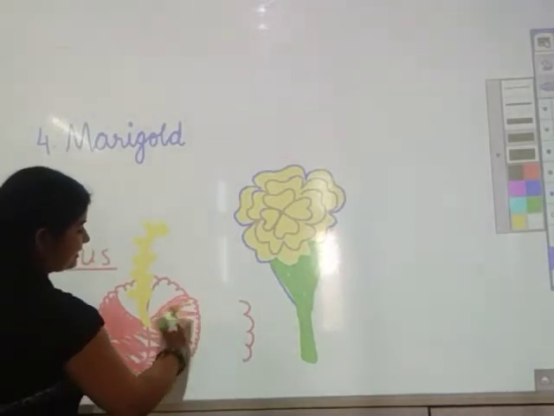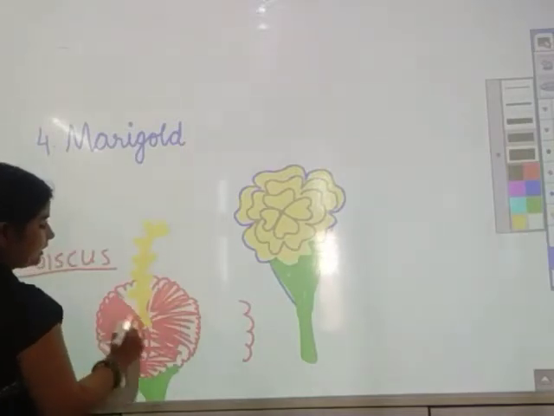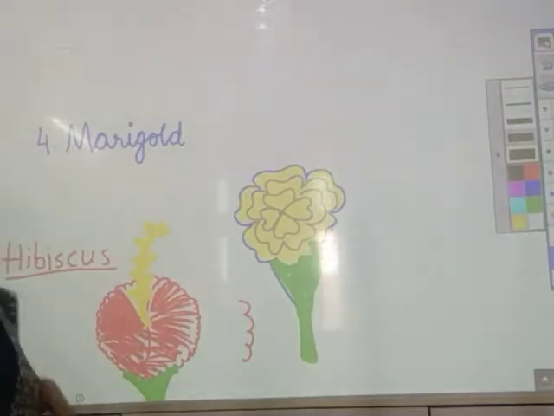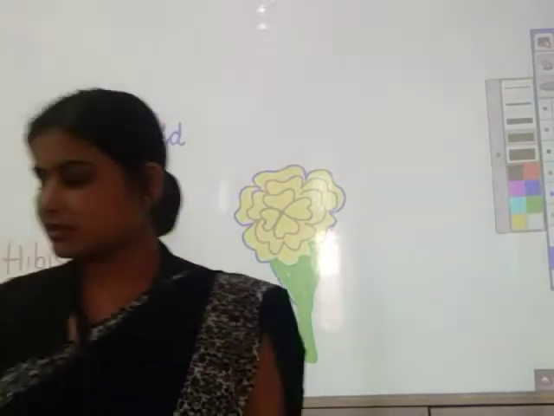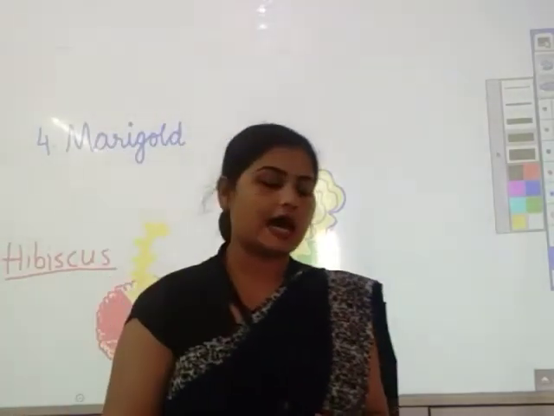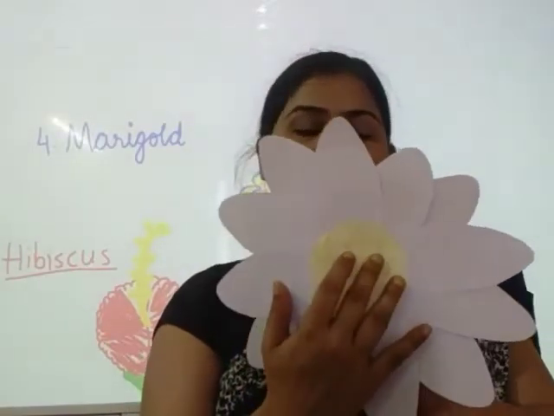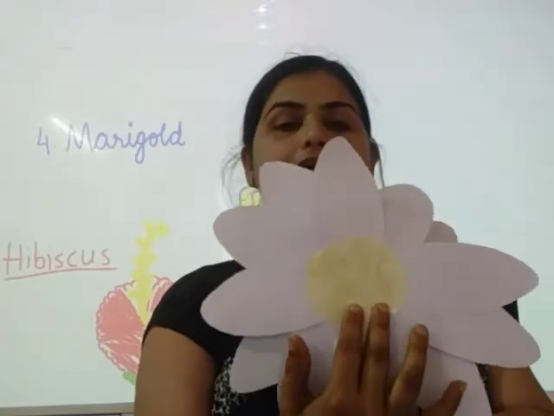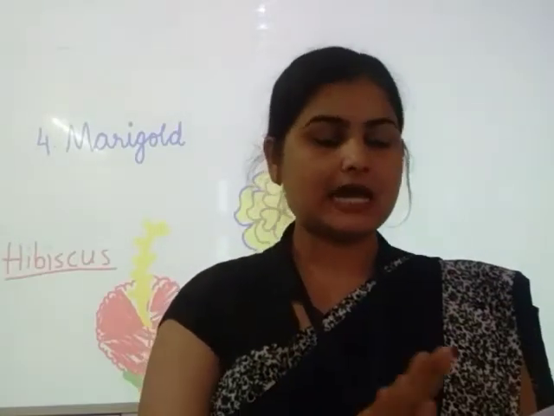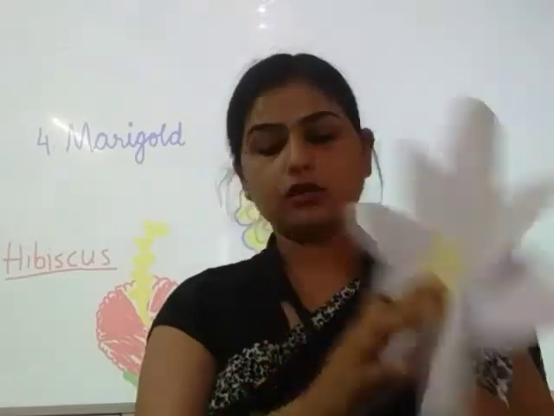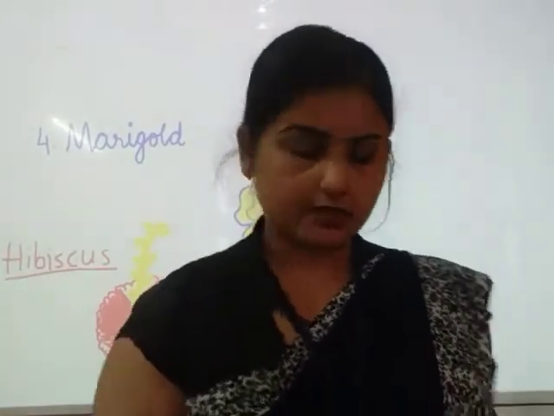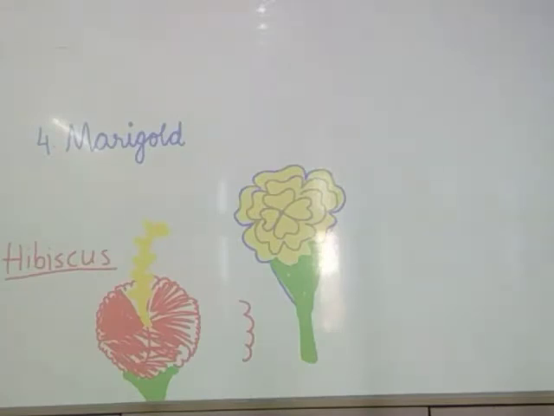Okay, so this was the activity of the day. What did we do? We have drawn 4 flowers: rose, lotus, marigold and hibiscus, and we have done a craft of daisy flower with 12 petals and 1 yellow circle. Okay class? So this was the first activity that is given on page number 51. Now the second one